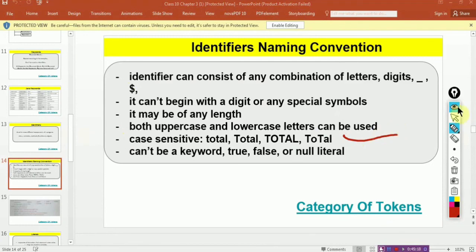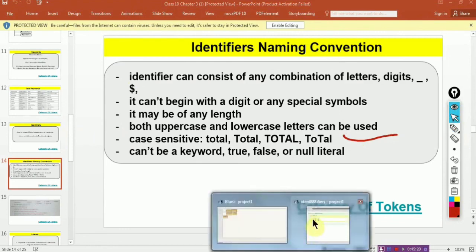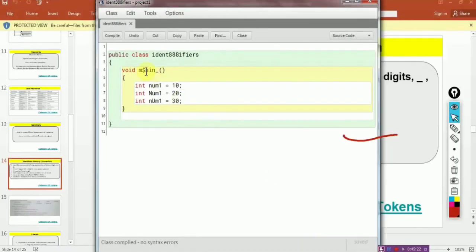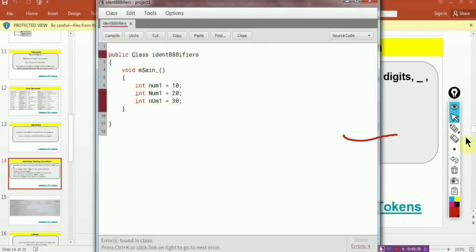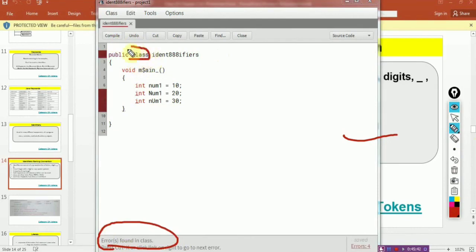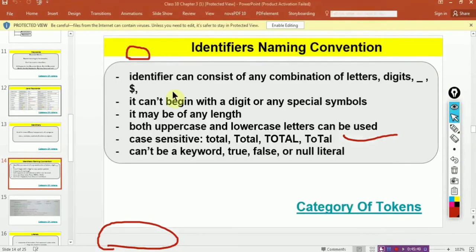Listen to this statement. What does that mean? Public and class are keywords. If I make this capital C here, it will cause an error. Why will it cause an error? See, the error has come up. Because Java is case sensitive, and in our list of words given in the Java keywords table,